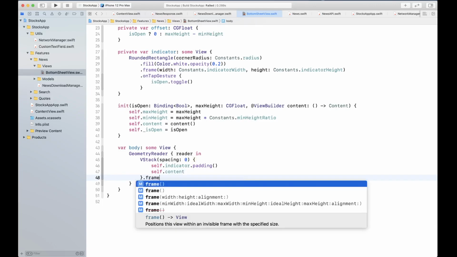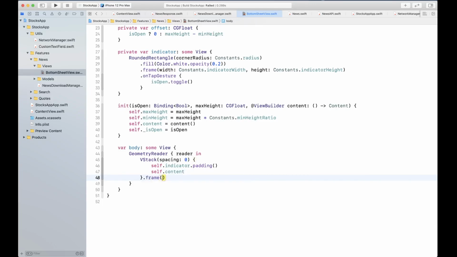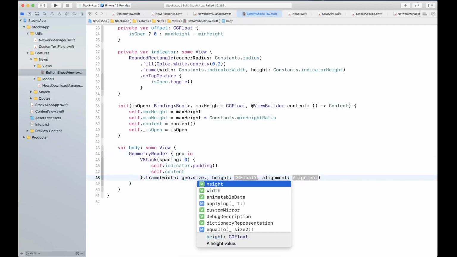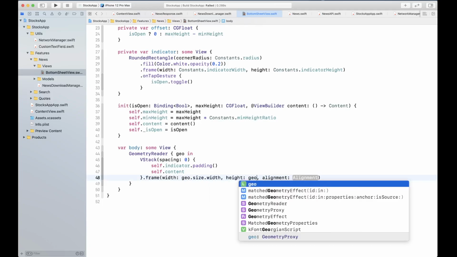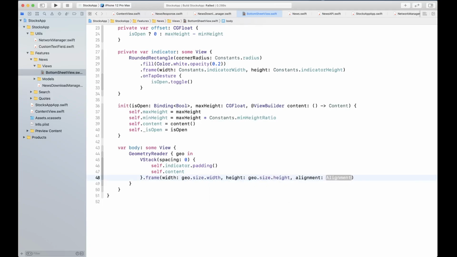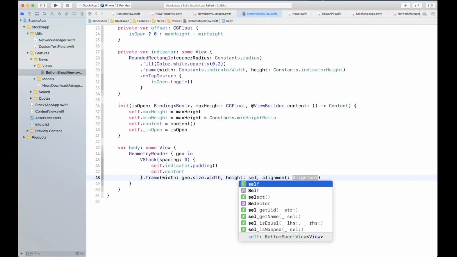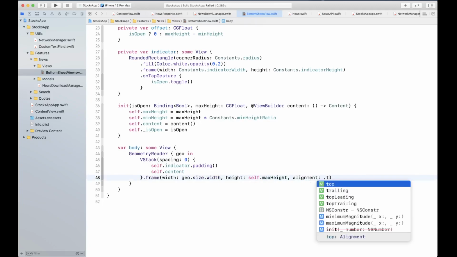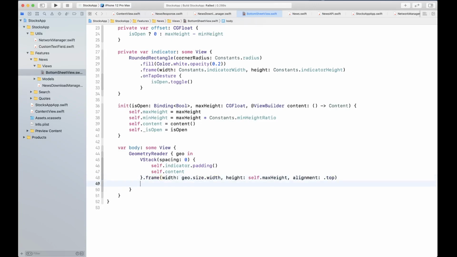For the frame, we use the geometry proxy: geo dot size dot width for the width, and for the height we take the max height that we've been provided, with alignment at the top.